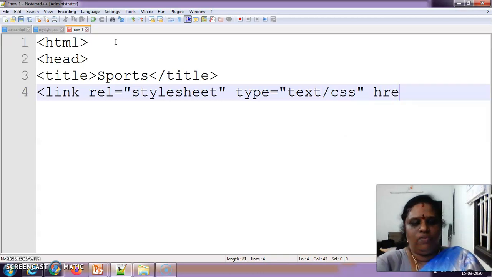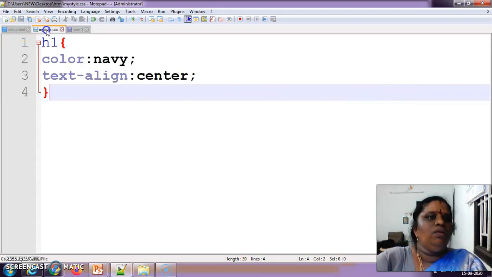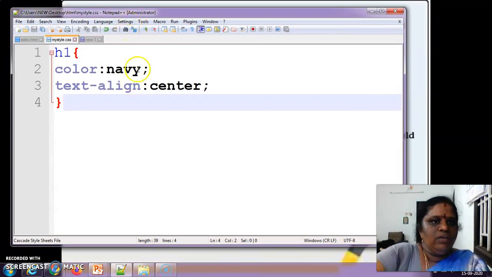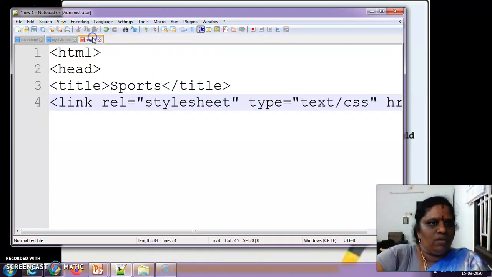Then href, here we want to give the full path, like C, users, new, desktop, HTML, mystyle.css.